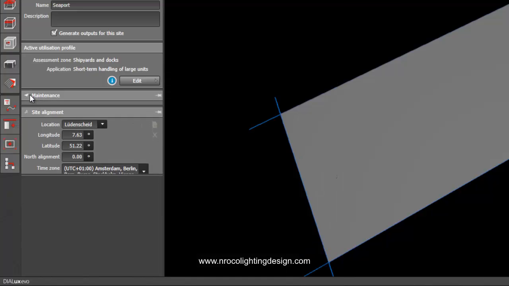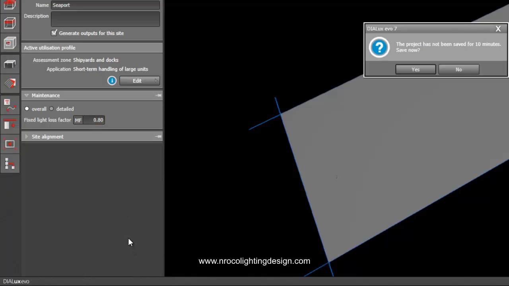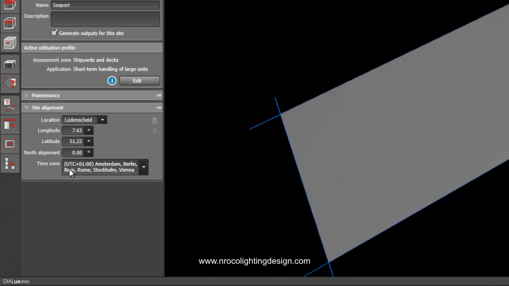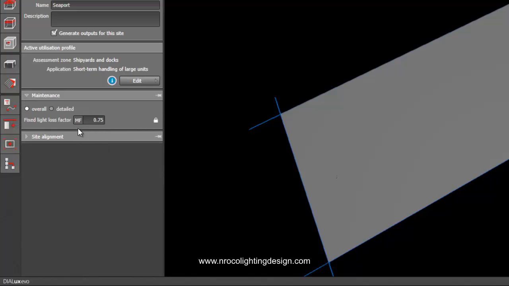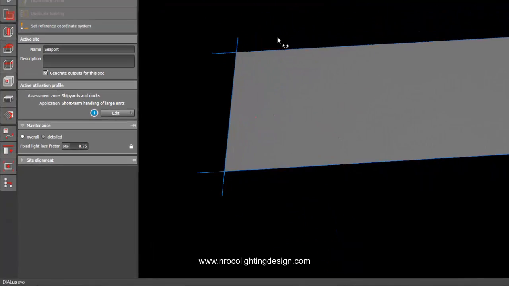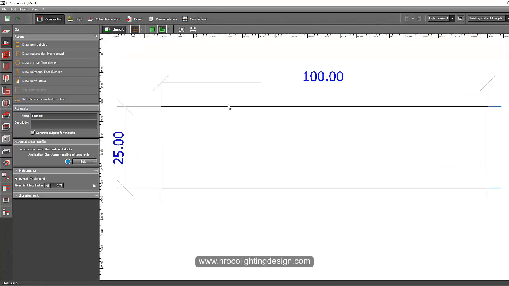Okay, so maintenance factor, if you want to change it into 0.75 for example, because in our office we usually use 0.7 for outdoor lighting, but since you're using LED, then you can maybe use 0.8, but for now let's just change it into 0.75. Okay, and then so now your area is properly set now.